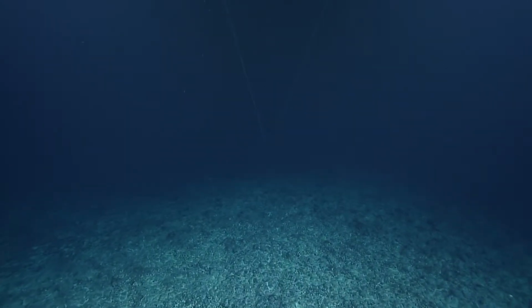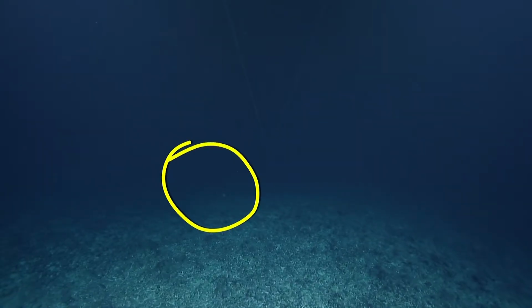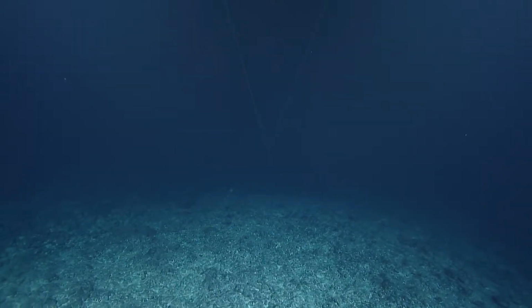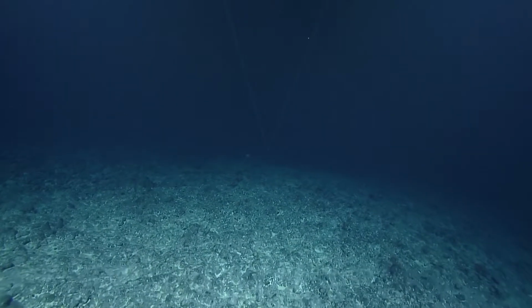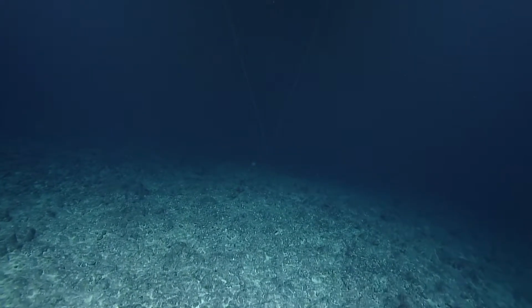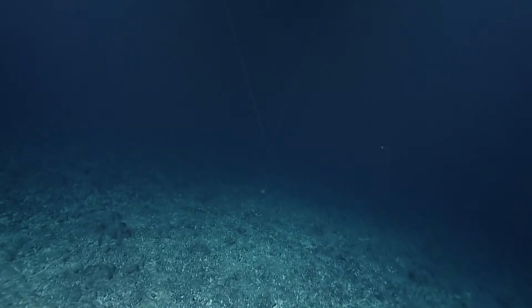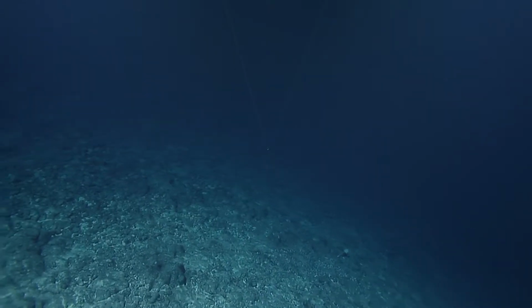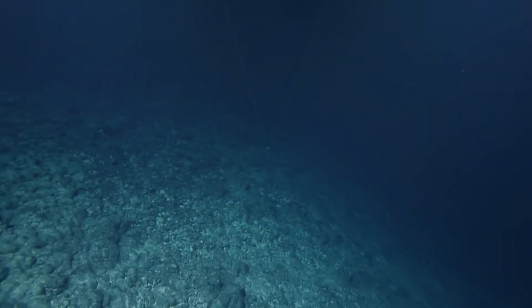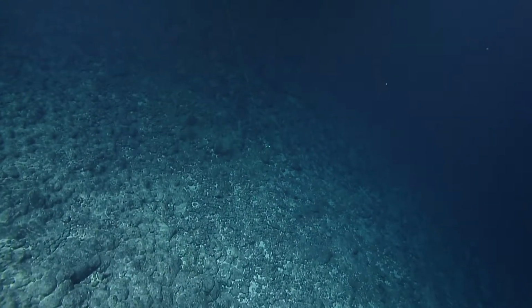There might be a sponge in the distance there that's worth looking at. That little white spot right there. I think it's a Caulophacus, a stalked rossellid sponge. But unfortunately, we're going to be turning and not going that way. Okay, so I'll ID it from here with utter confidence, whether I should or not. Now, I'm pretty sure that that's something that's called Caulophacus. There's not that many stalked sponges at these depths, so